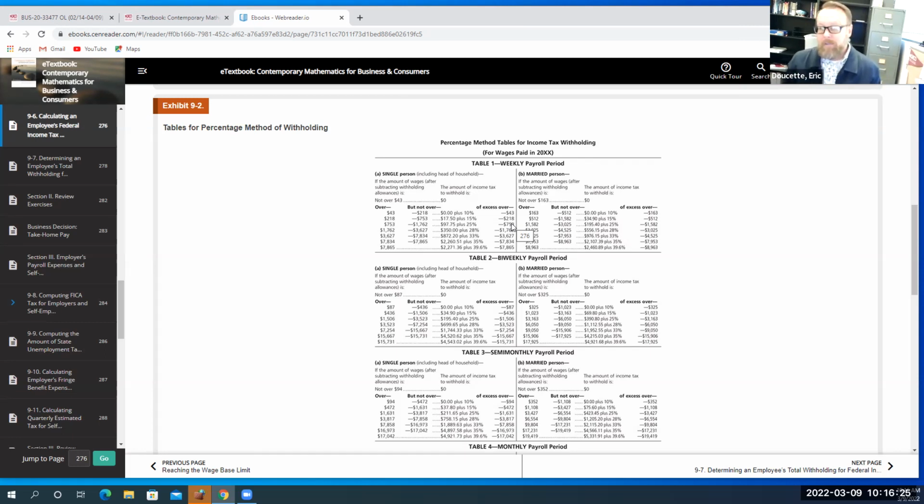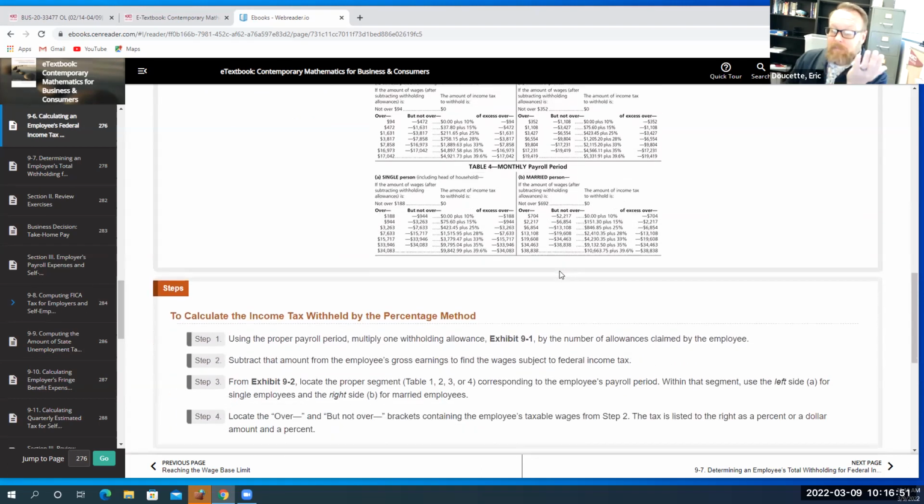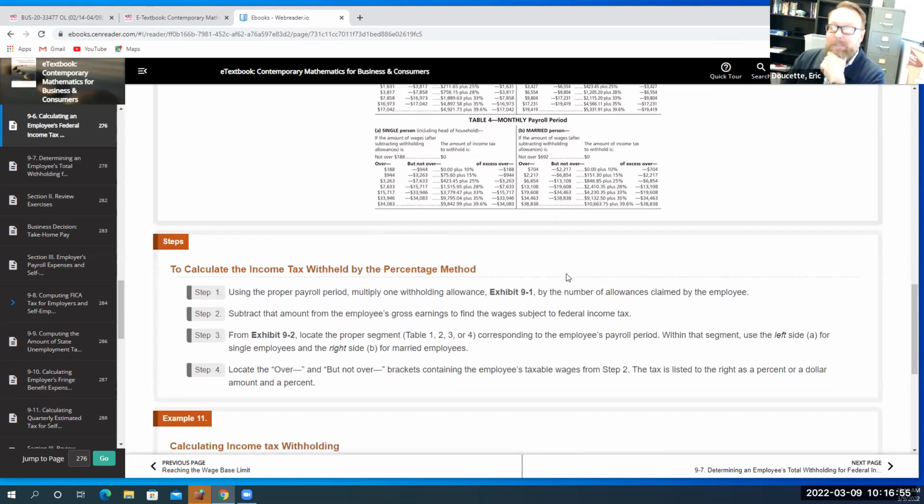So if you take the $1,200 and then you minus the 2 withholdings, and then you deduct another $97.75, and then you take minus another $753, whatever's remaining, you also get to deduct 25% from. And then once you deduct the 25%, that's considered her taxable income. And so I'll show you how to do this in a second, going through these 2 tables, but that's why it's confusing, because you have to kind of look at these 2 tables to do it.